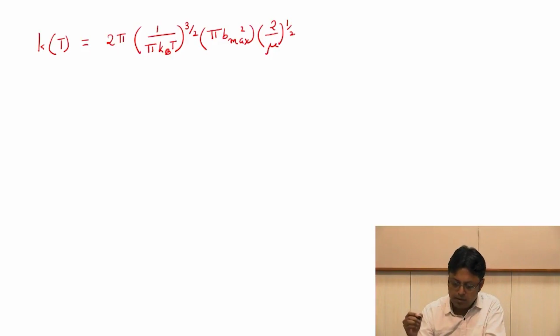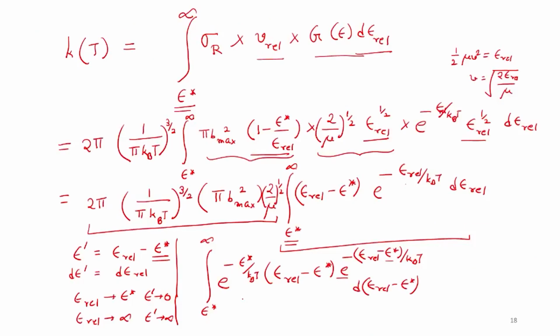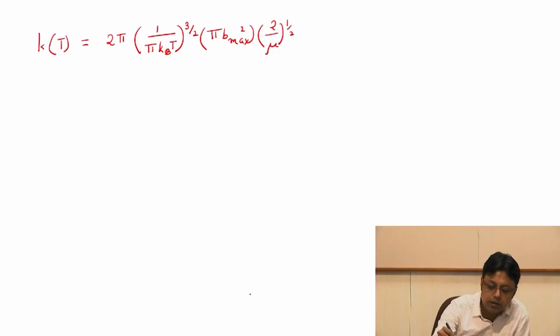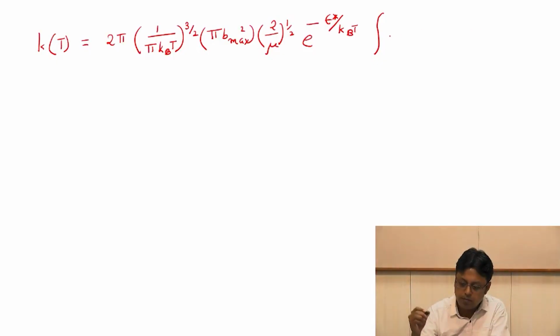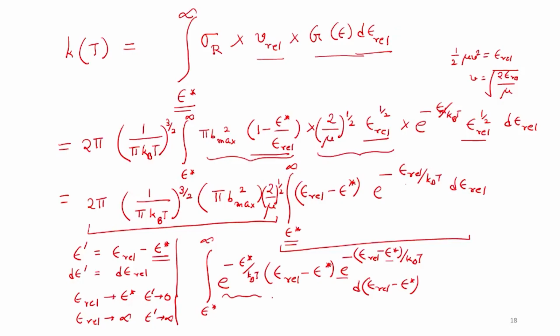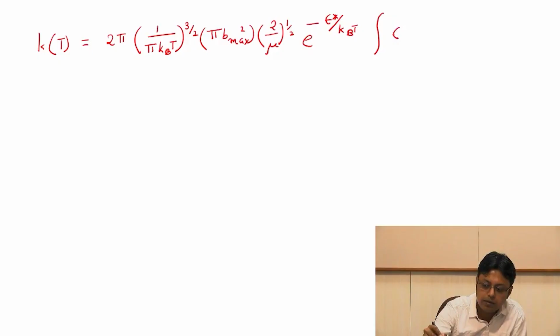And then let us see, now this factor is a constant because epsilon star is also a constant. So I'll have e to the power minus epsilon star by kBT into integral. I'm now writing the variable as epsilon prime, so I can write epsilon relative minus epsilon star as epsilon prime, epsilon prime, and e to the power minus epsilon prime by kBT d epsilon prime, and the limits will be